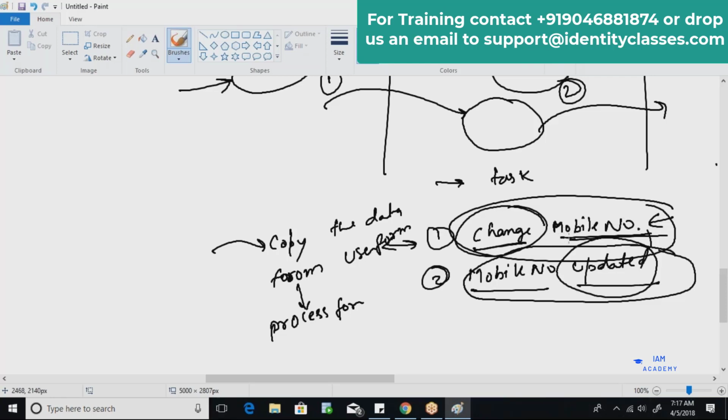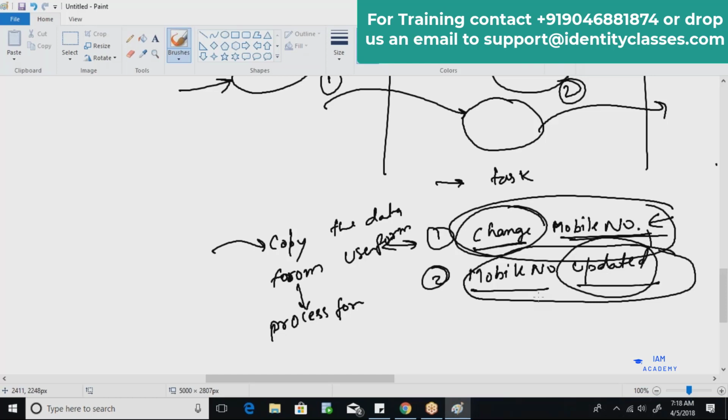Amit, can I ask a quick question? These tasks, are they part of the framework, or do we have to configure them? When we install the connector, most of the tasks will automatically come. And if you are extending or adding some new attributes, as we mentioned there, then you need to write your own logic for handling those things. And when you refer to change and updated, change is when you're copying the data from the user form to the process form. Okay, good. Thank you. Carry on. And updated means from process form to the target system.